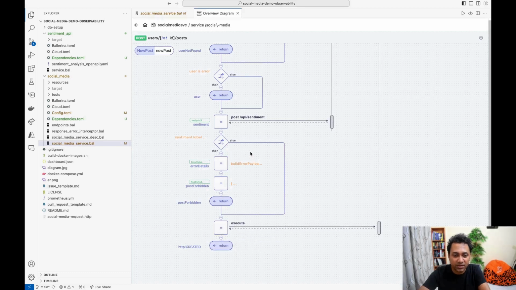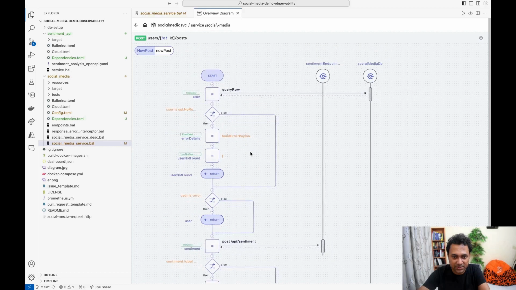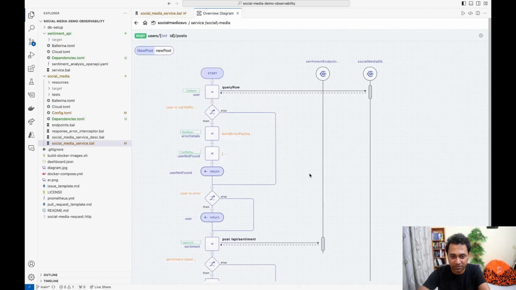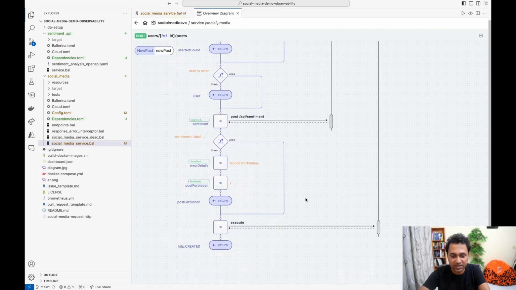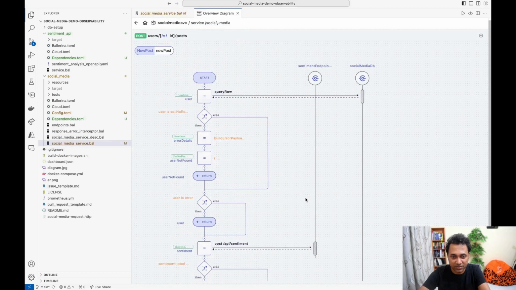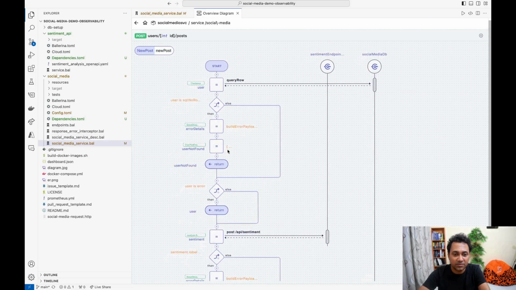Here the important thing you need to know is this resource actually talks to two different endpoints, and there are actually three network calls. So I'll be observing this resource in a minute because this one is more interesting than the other ones. So that's my service